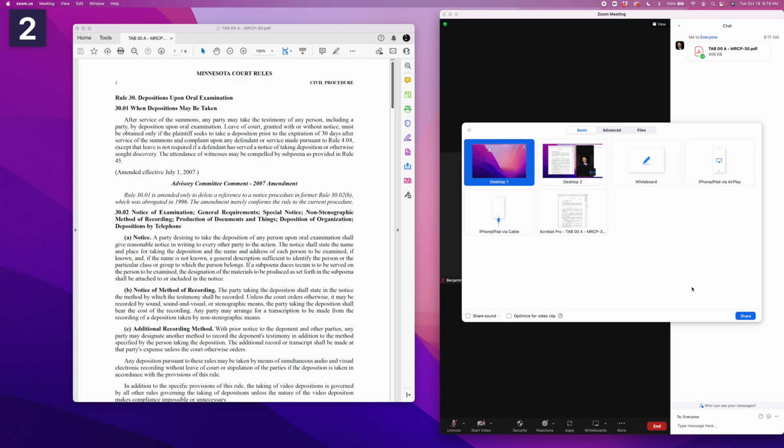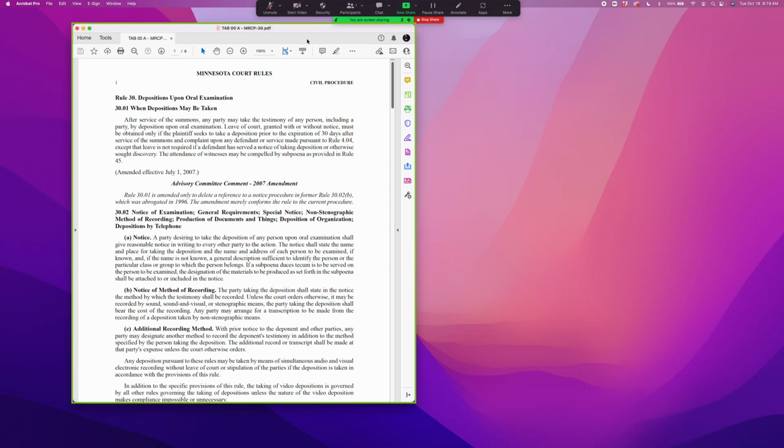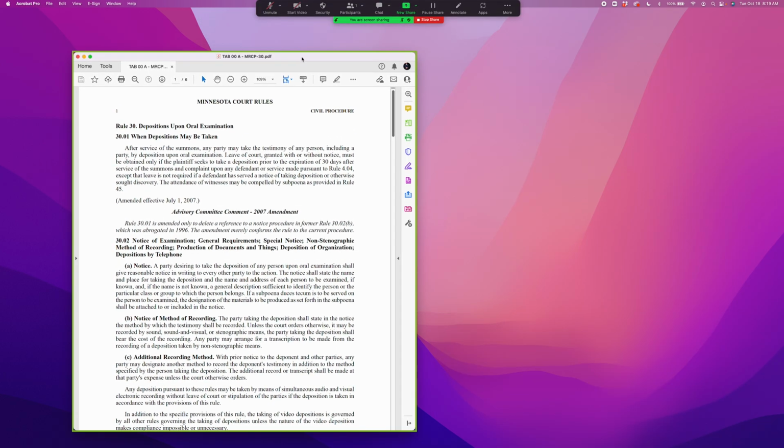I've seen a lot of lawyers share their entire desktop, meaning everything that's on their computer, including notifications that might pop up in the upper right-hand corner if you're a Mac user. Not a good idea. So share the window you want to share. And here I'm going to share Adobe Acrobat Pro, which is what I'm using to look at the exhibit on my computer. So I'll double click that, and as you can see, Zoom minimized